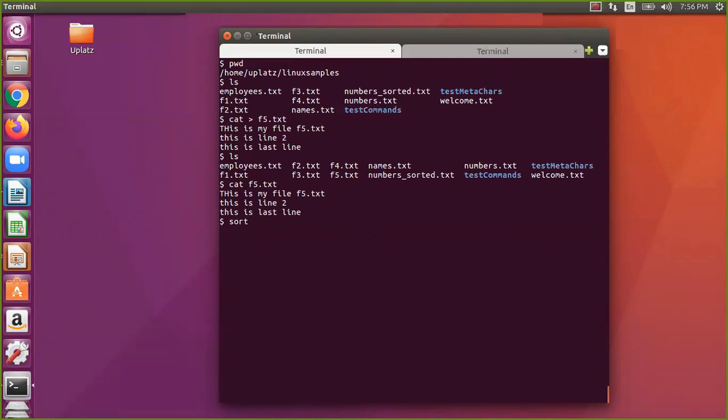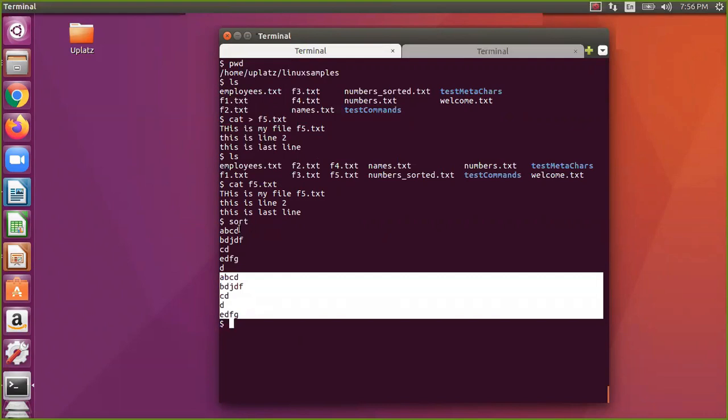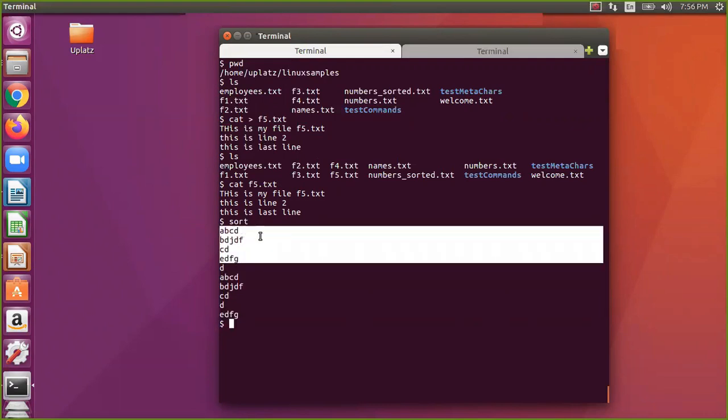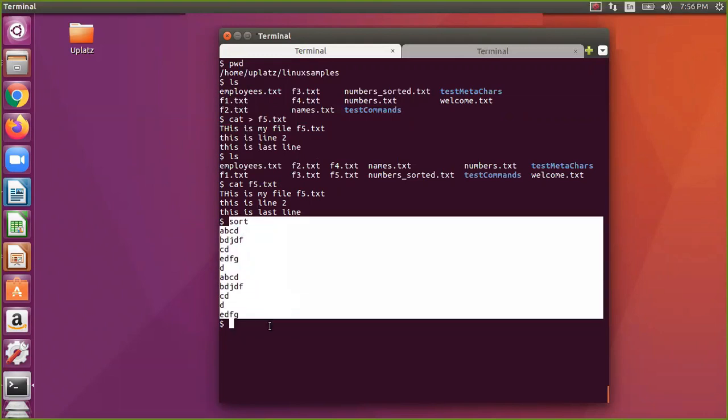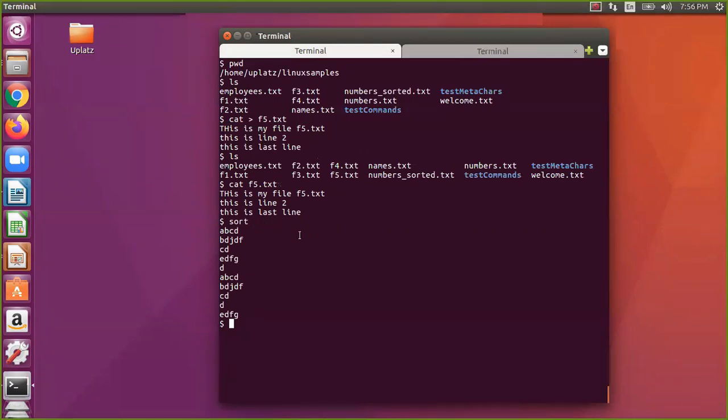So now we have used sort with a file name, but we can also give input like this. I give some names: B, D, E, something, then D. Now Control D, and it gives the sorted output. It may not be very useful, because you can give the input at runtime and get the output, but you can do it like this also.